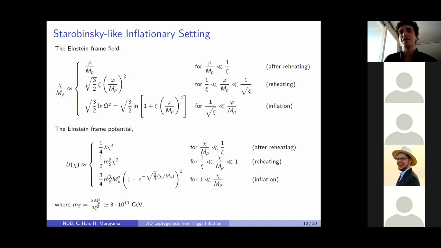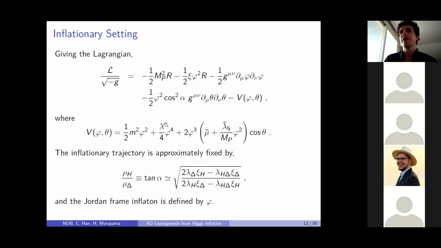This exponential behavior is important because it leads to the Starobinsky-like potential for large field values, while we end up getting an m squared phi squared type potential during reheating. And subsequently, again, we revert back to the usual quartic of the Standard Model potential. As I said before, we have this Starobinsky mass, which is determined by lambda and xi. I should say, when I've written the potential here, I've pulled all the different couplings together into mixtures here. If you want the full form of those, you can see them in the paper, but it's quite straightforward.